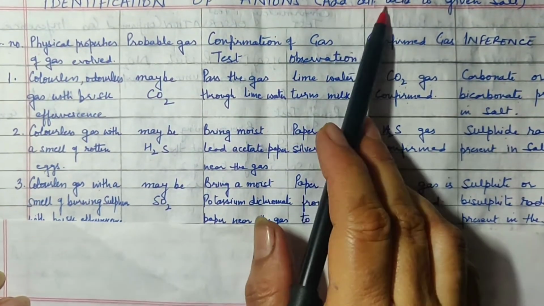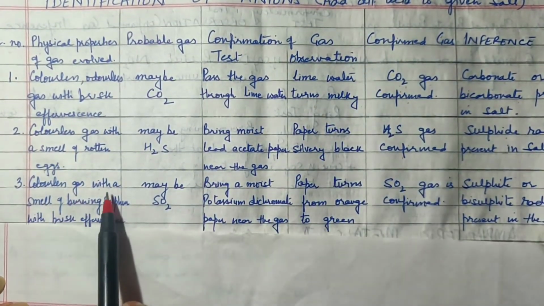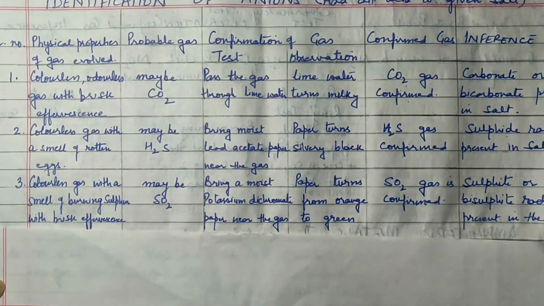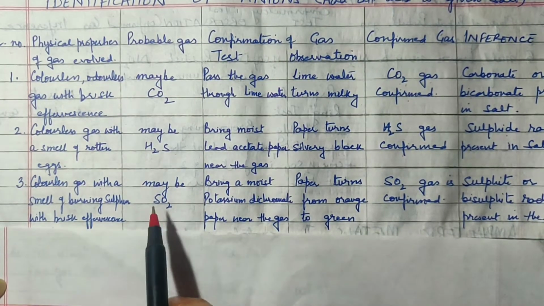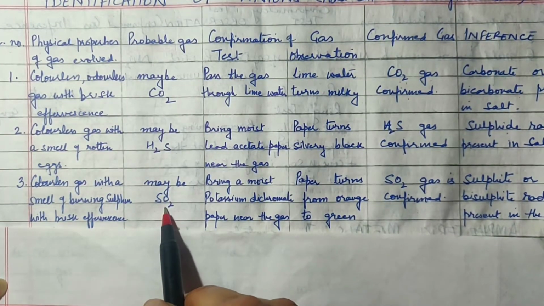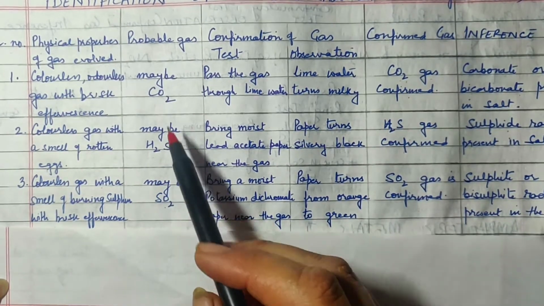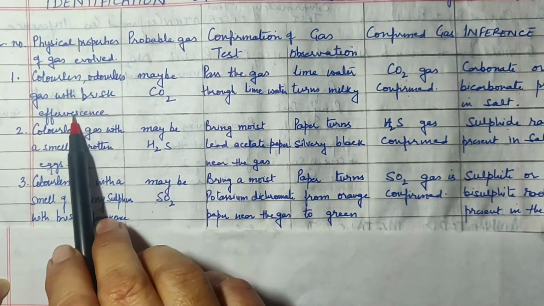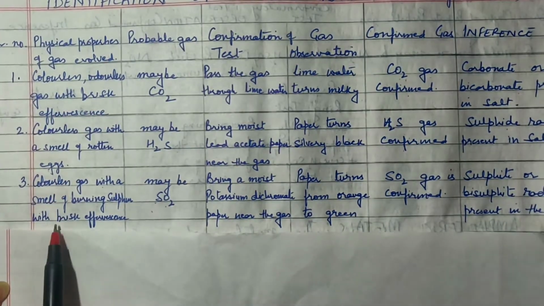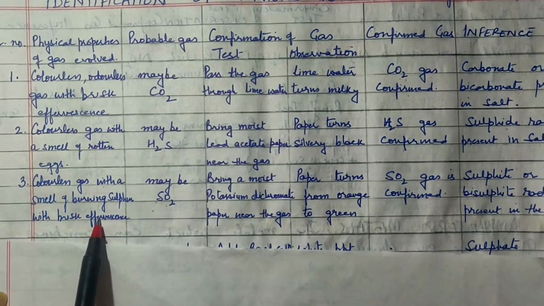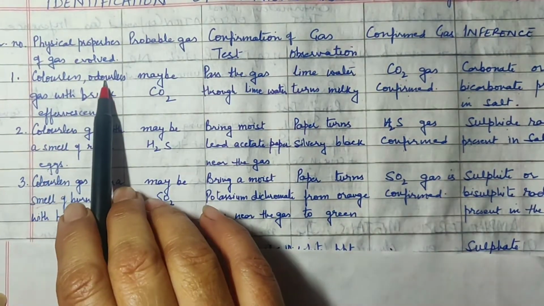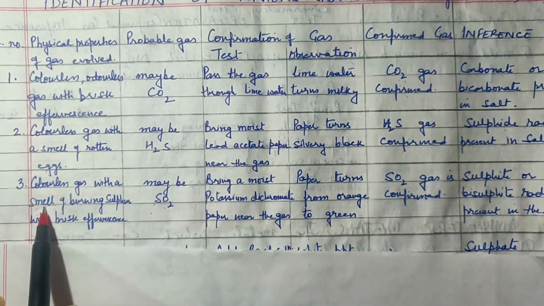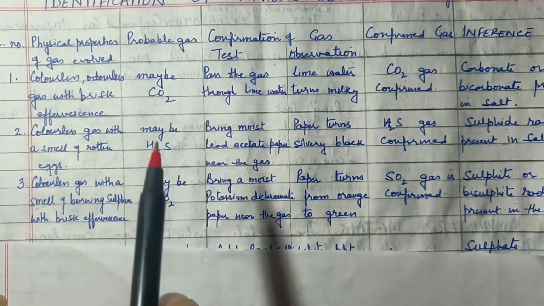Then, on the addition of dilute acid to the given salt, if a colorless gas is produced with the smell of burning sulfur with brisk effervescence, which also causes an irritation in the throat, then maybe the gas is SO2. Here I would like to tell you that quite a number of properties of carbon dioxide and sulfur dioxide are the same. For example, both are colorless and are produced with brisk effervescence. Only this one has a smell, while carbon dioxide was odorless. But this is a physical property. Anyway, on the basis of this physical property, we may guess that the gas is sulfur dioxide.